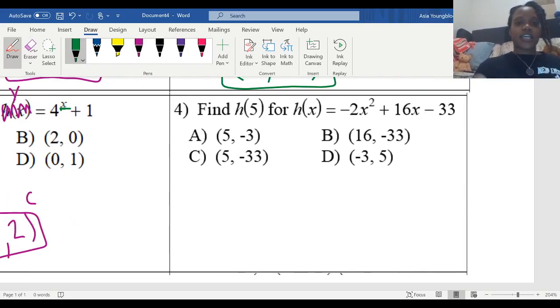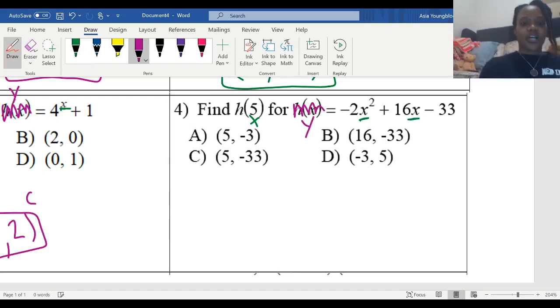Number 4. Same thing, the number in the parentheses is 5, so that's our x value. So we're going to plug in our x value for these two x's here. And we're going to change this function notation to just y, because that's what it means. So y equals -2. We're going to put the 5,